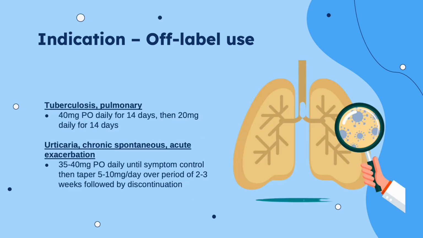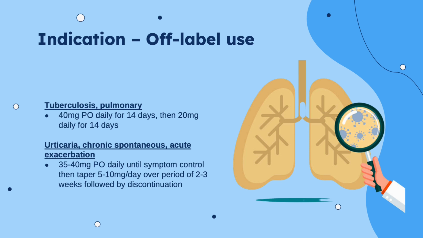For tuberculosis, for antiretroviral therapy-naive patients with CD4 counts less than or equal to 100 cells per cubic millimeter who start antiretroviral therapy within 30 days of anti-tuberculosis therapy initiation, it is orally dosed 40 mg once daily for 14 days, followed by 20 mg once daily for 14 days during the first 4 weeks after initiation of antiretroviral